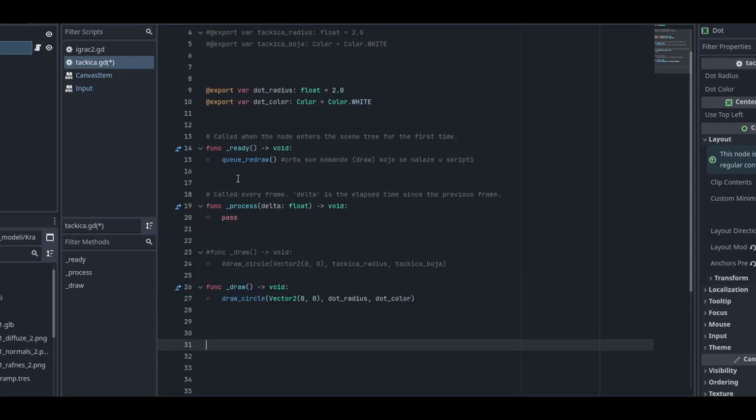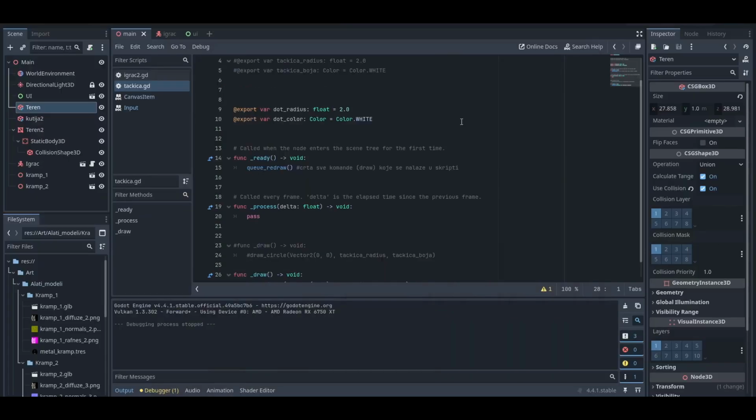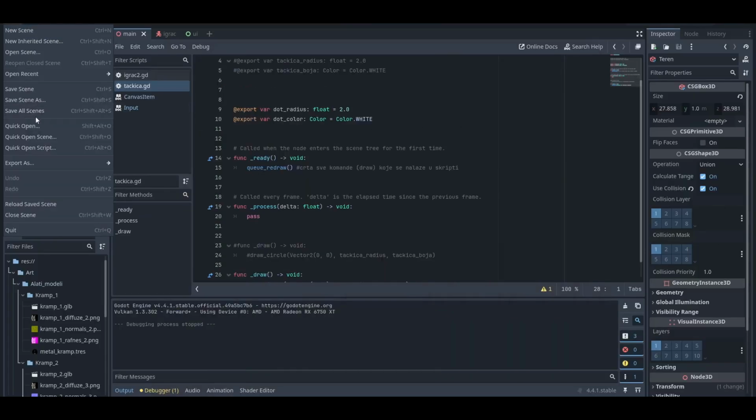Now in the ready you need to call another function which is a built-in Godot function, queue redraw. This function draws all commands and functions in this script, so it calls them. Now save your project,